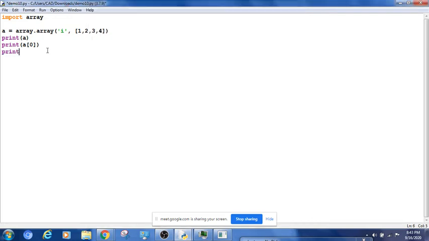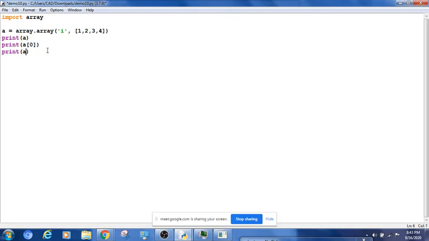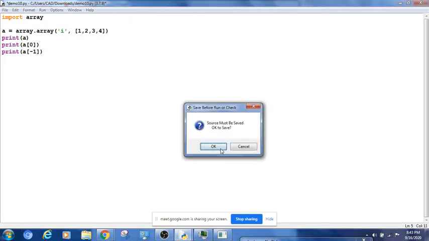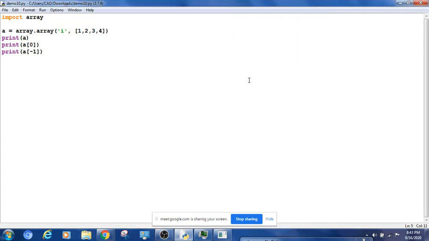I can use forward index or backward index, whichever you want. This time I will use the backward index, which is minus 1. So you can print this way. A of minus 1. It is printing 4, the last element from the array. Understood, guys? That is how I access an element.